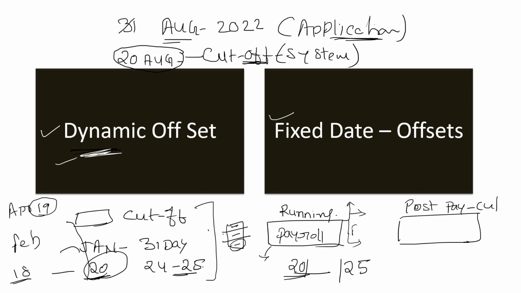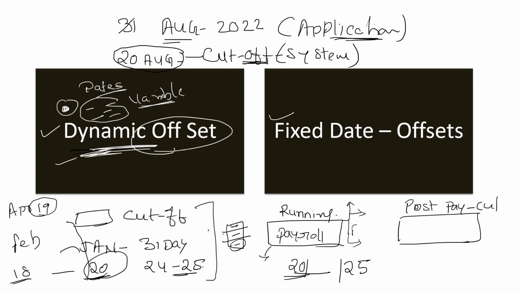Now, what is a dynamic offset? As I mentioned, if these dates vary on a month-by-month basis, then I will select the option of dynamic offset. Which dates? The cutoff date, date earned, payroll run date, and so on. If these dates are variable and not fixed in each particular month, then we choose the dynamic offset option. I will show you in the application what I mean. Now, if I am very sure that on the 20th of every month there will be my cutoff date,